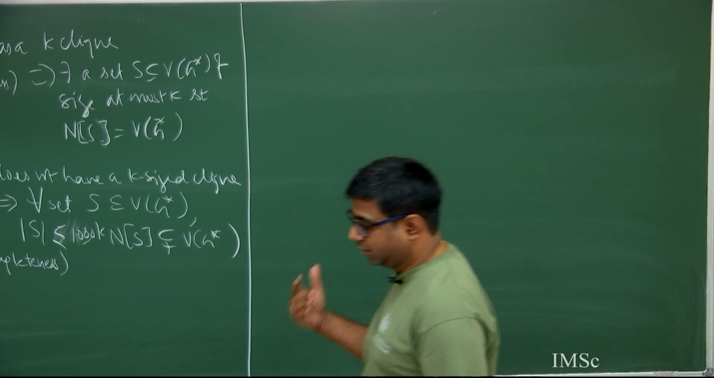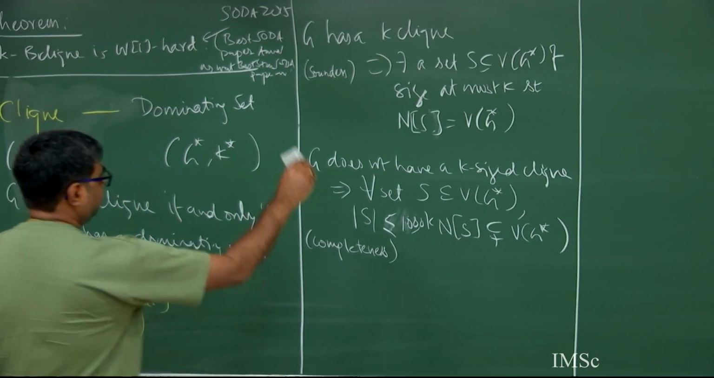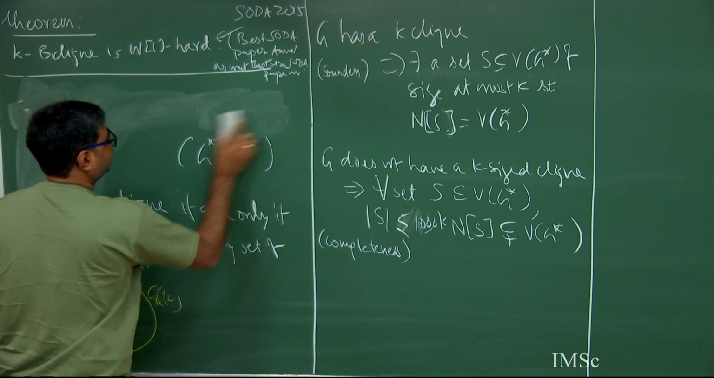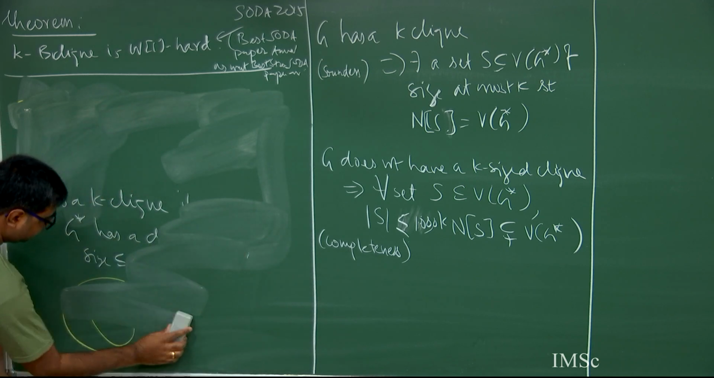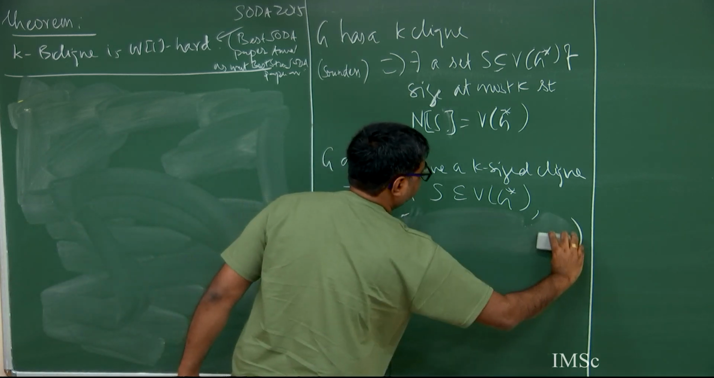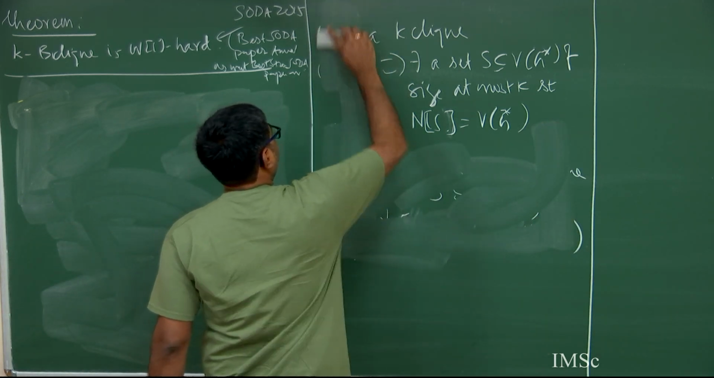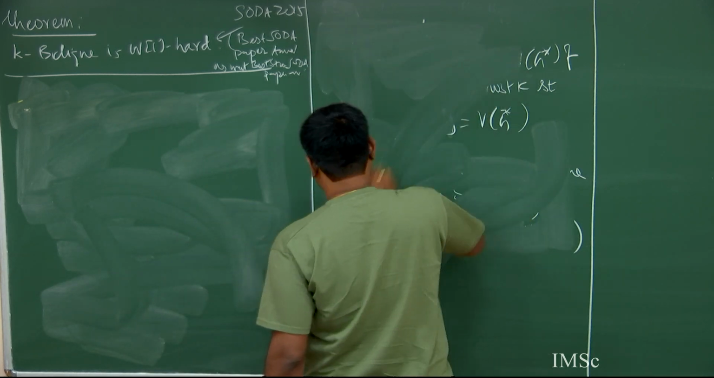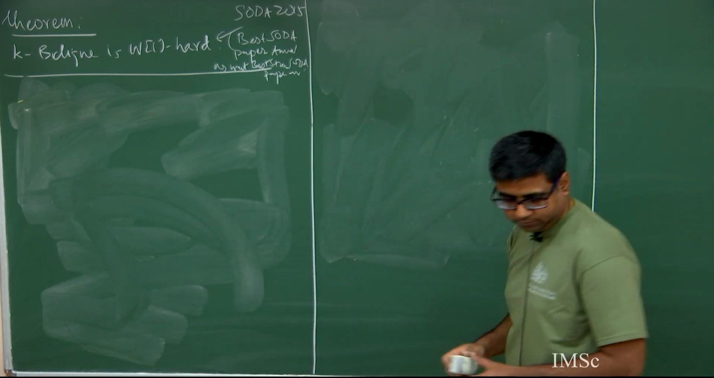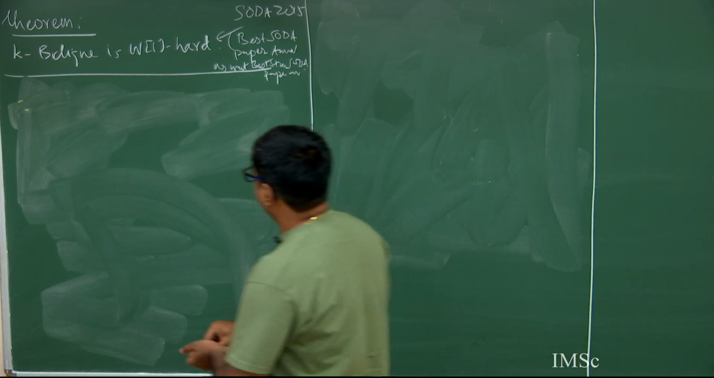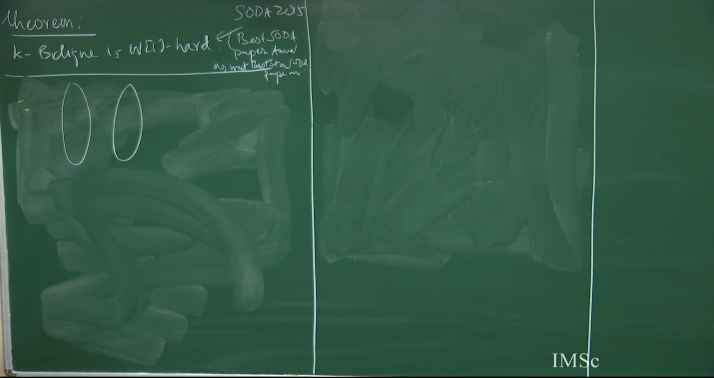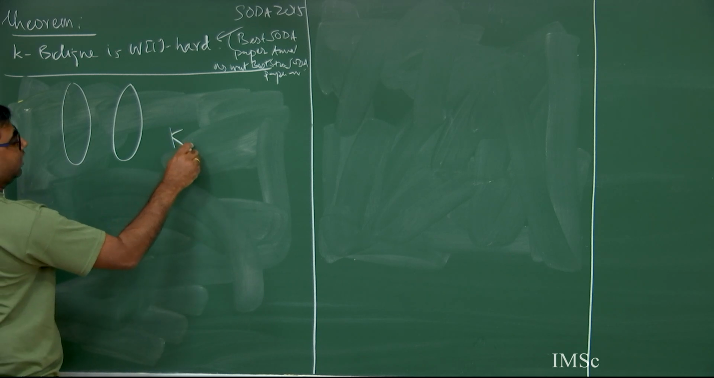I'm going to define a property, so I'm going to rub this part out for now because it was just for the motivation. So suppose I have a bipartite graph, right? I have a bipartite graph,